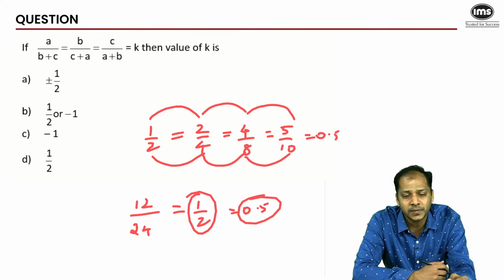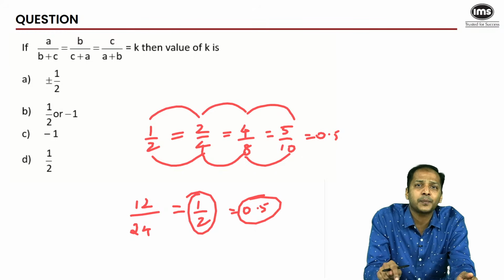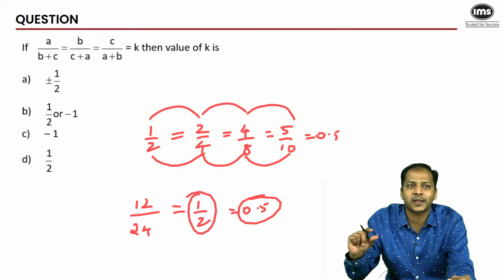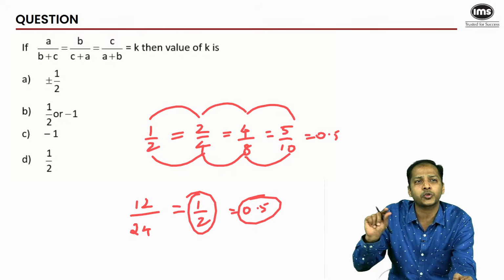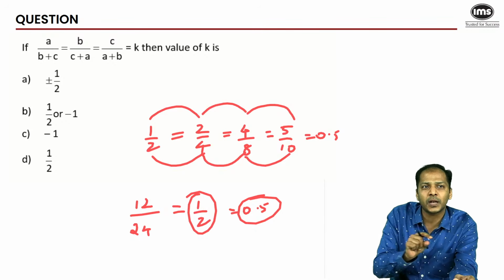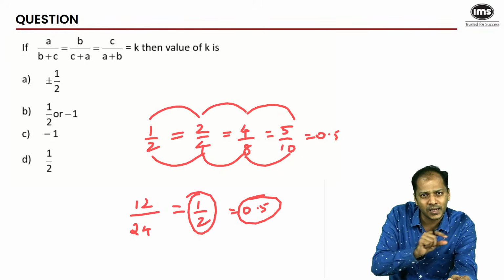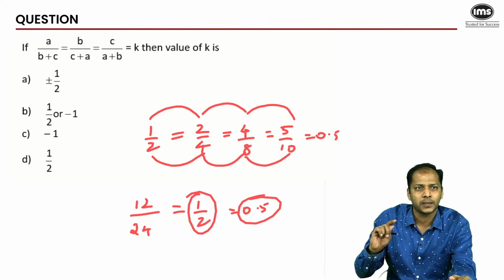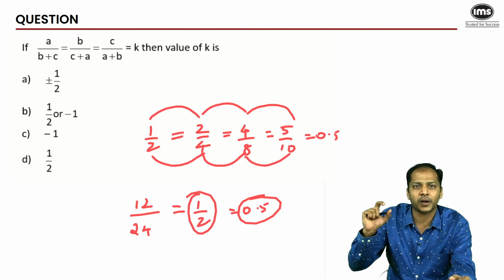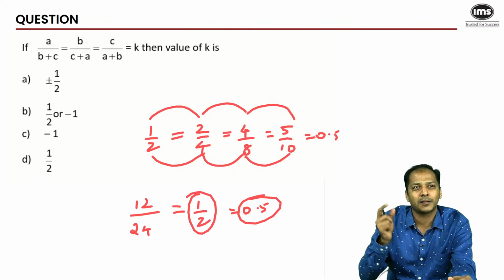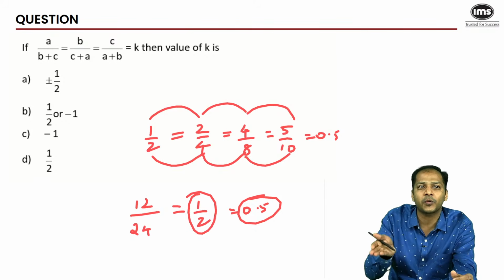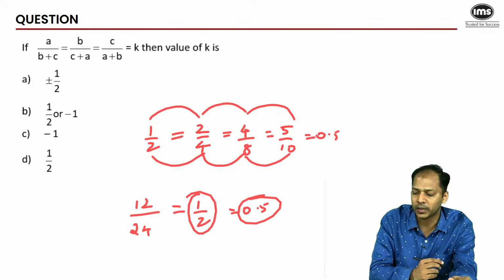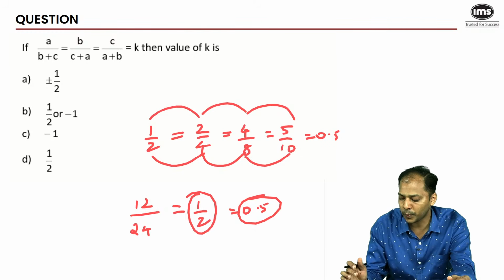And that's because the numbers are in proportion, right? So if all the numerators are in proportion, their sum is also in the same proportion. If all the denominators are in proportion, their sum is also in the same proportion. So basically sum of all numerators upon sum of all denominators, the common factor would cancel out, and it would reduce to the original value only, right? I hope this is clear.